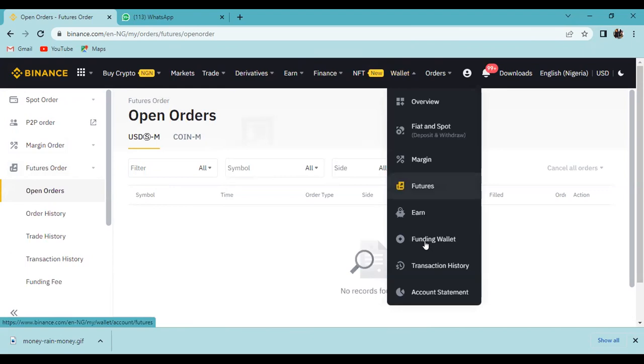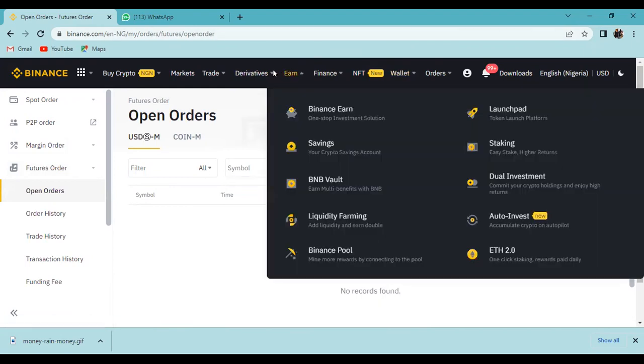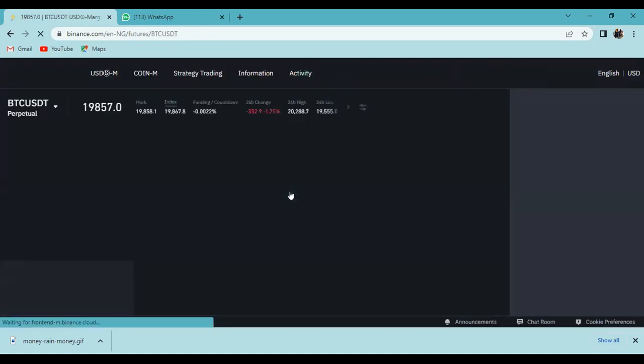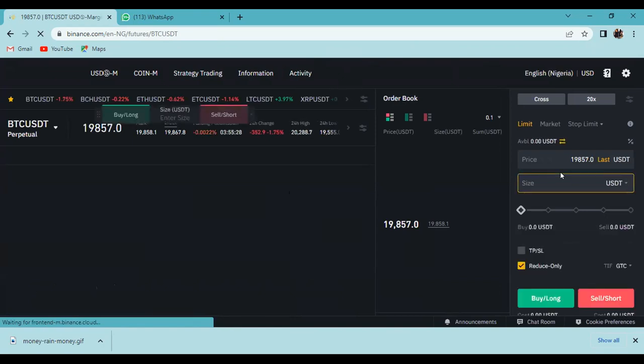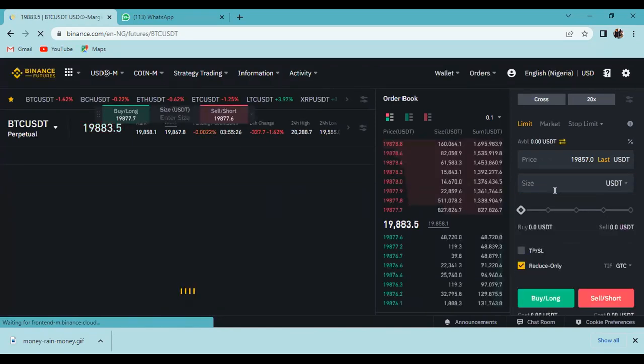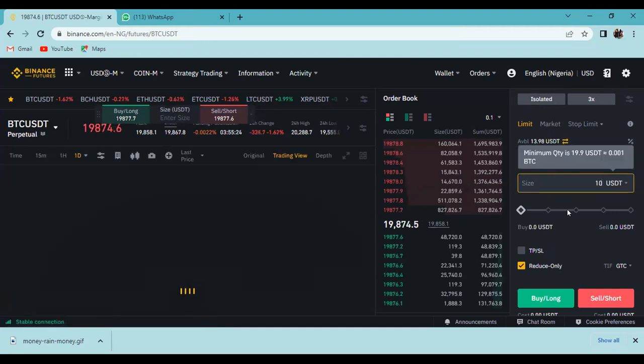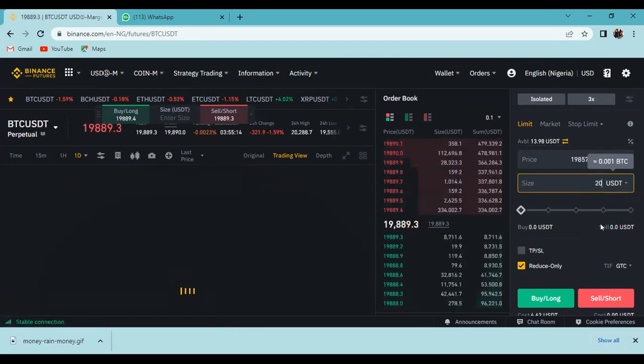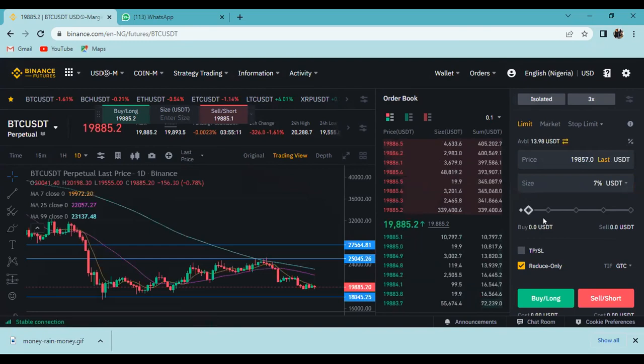So I'm going to open it again and take another trade, the risk-free one. Cross. So I'm doing a cross this time. Minimum is 20. I'm trying to adjust the leverage with this cursor.